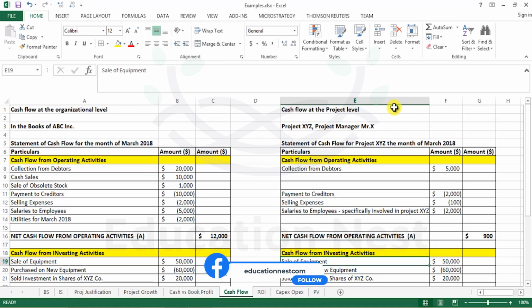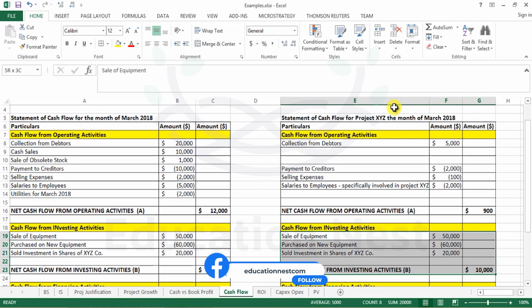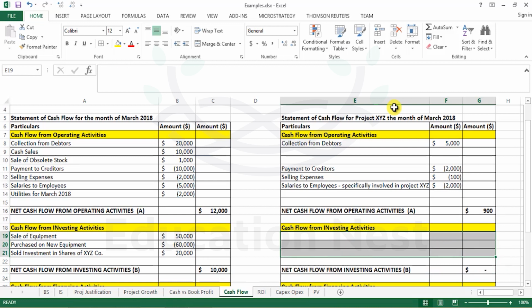Now, cash flow from investing activities: sale of equipment, purchase of equipment, selling of shares and all, they all are organizational activities. They cannot be reported in the company's or the project's cash flow statement. So let's try to understand what can be an investing activity for the project XYZ,